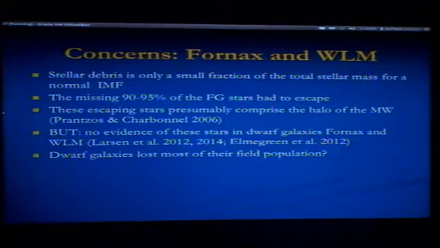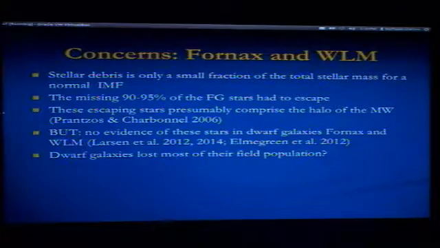In principle, there is no reason why you cannot think that the clusters formed in a much larger episode of star formation, and they are only a byproduct of this very big phenomenon. Well, the idea is that if you look at the dwarf galaxies, like Fornax, and there has been a paper also on WLM, and Wolf,